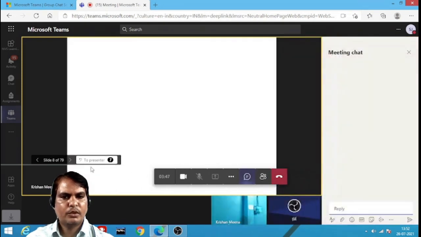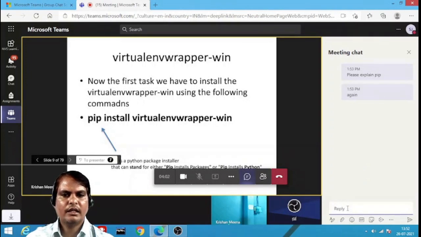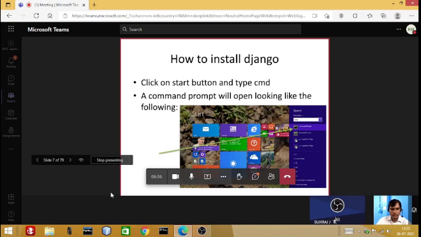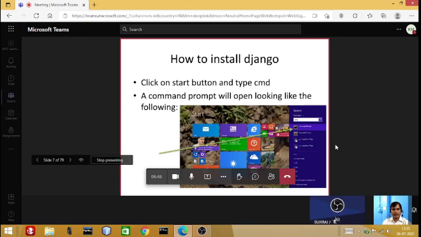The student can put their chat, put their query, and the same query will be visible to us immediately. So you will never miss any question from the student side, and you can immediately cover these questions. So you can see the student can also move your slide. The student can send their chat message, whatever query they have.